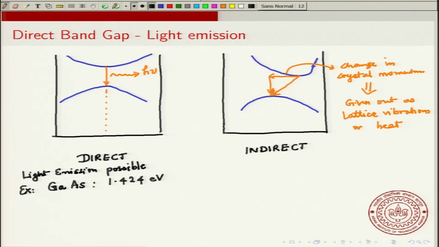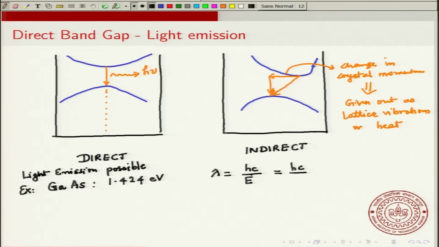Now, if an electron makes a transition from the bottom of the conduction band to the top of the valence band, then it will emit a photon. The wavelength of the photon will be given by hc divided by the energy. And this energy is in electron volts. When you put in the values of Planck's constant, the speed of light and the energy converted to joules, you will get a wavelength of